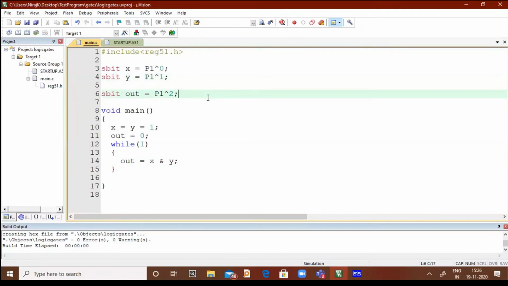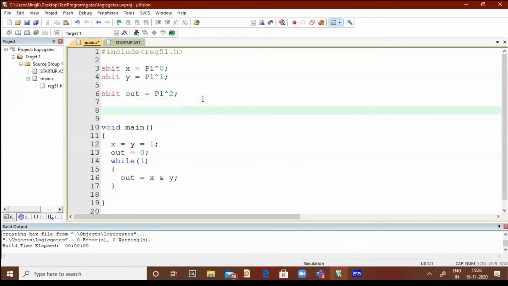So what we can do, I can define sbit AND_G. Here you can look, AND is a keyword again, so you should not use AND like this.